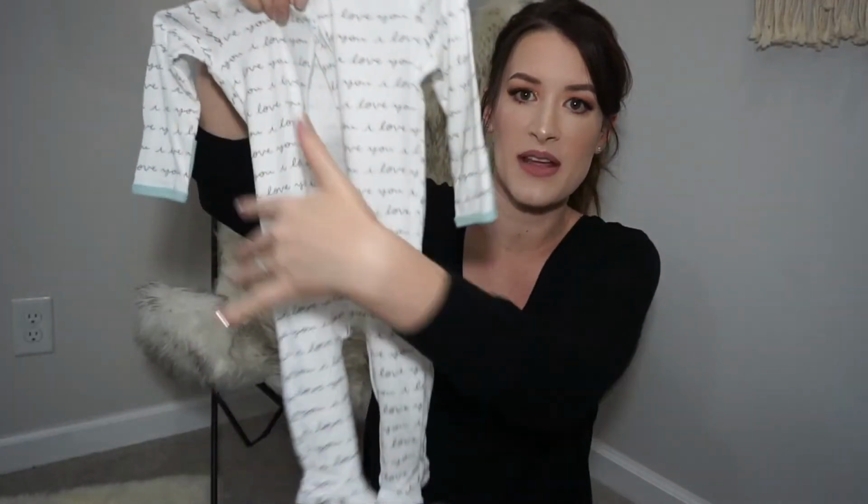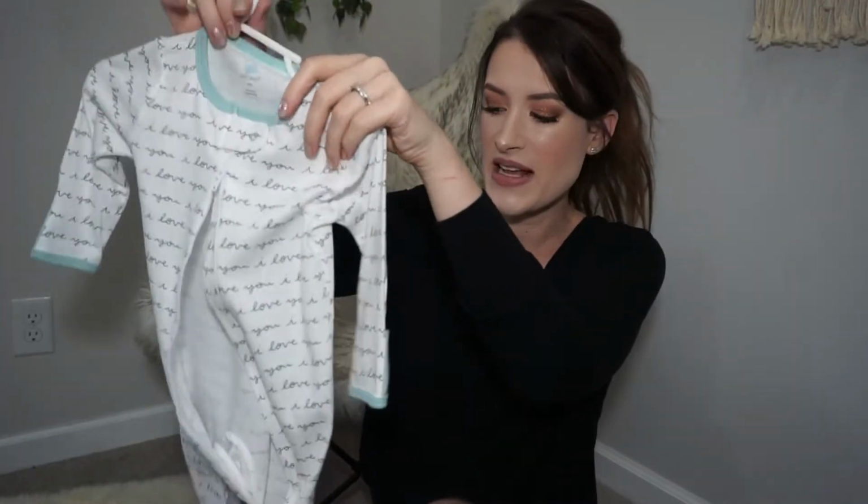But the thing that I love about these suits is that it has an inverted zipper. So what that means is that the zipper comes from the bottom and not from the top. Typically when you see something with a zipper, it zips down from the top. It's just perfect for late night diaper changes. You're not disrupting the top part of their body. You're basically just slipping out their legs,